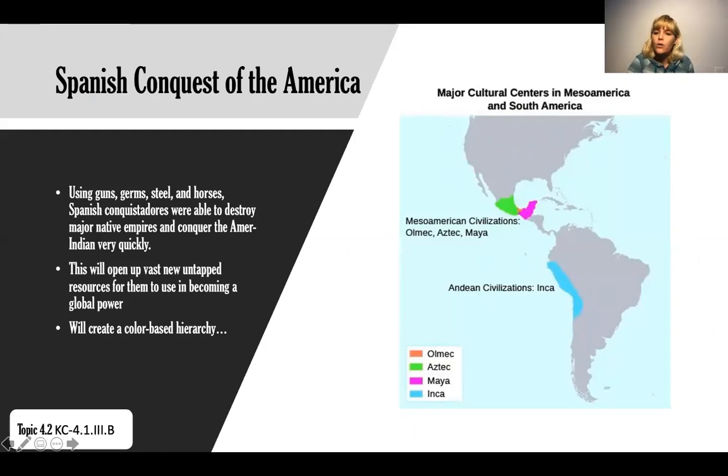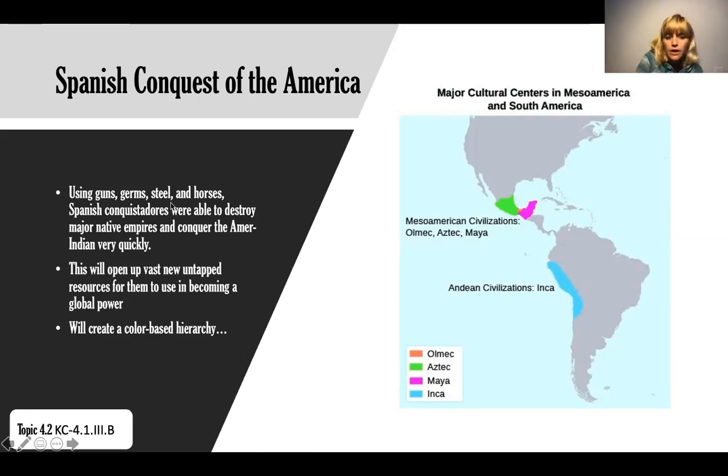Now, what the Spanish are going to do is come into this region of the world and heavily extract resources. As we talked about in last class, resources equal power. So, in order to extract resources from these regions, the Spanish actually need to suppress the civilizations that exist there already. So, what they do,